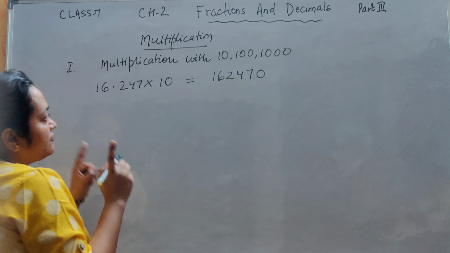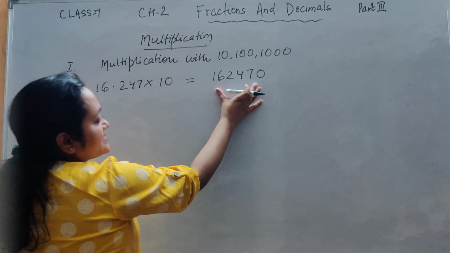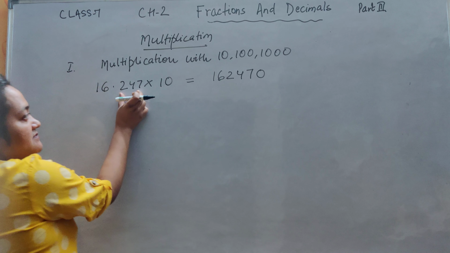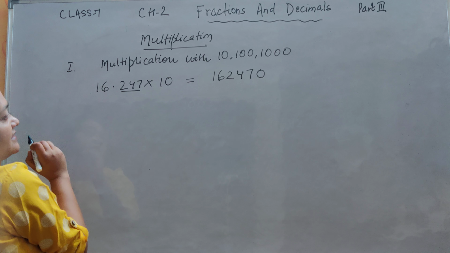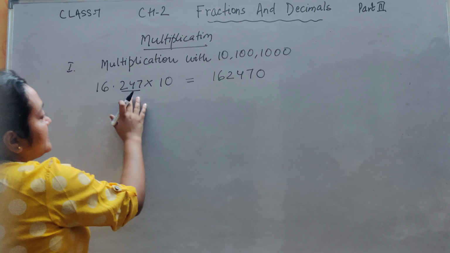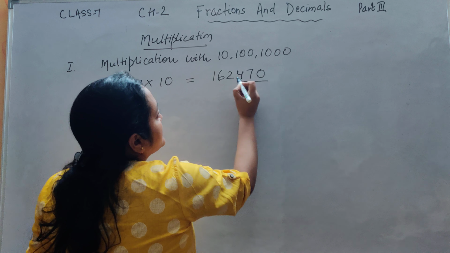Now, in order to put the decimal sign, I have to keep in mind that in my result the number of decimal places should remain the same. That means if I have 3 decimal places in my number, then there should be 3 decimal places in my product. So according to that, the decimal should come over here, 162.470, or simply